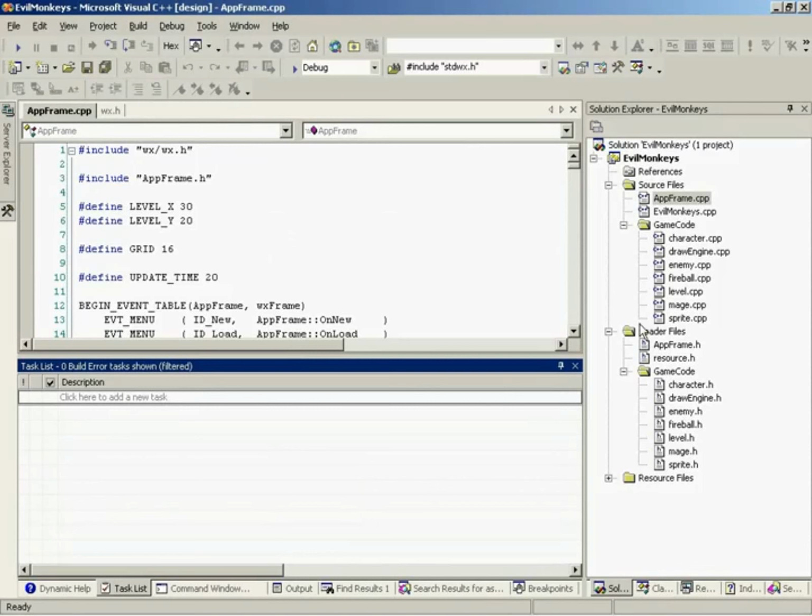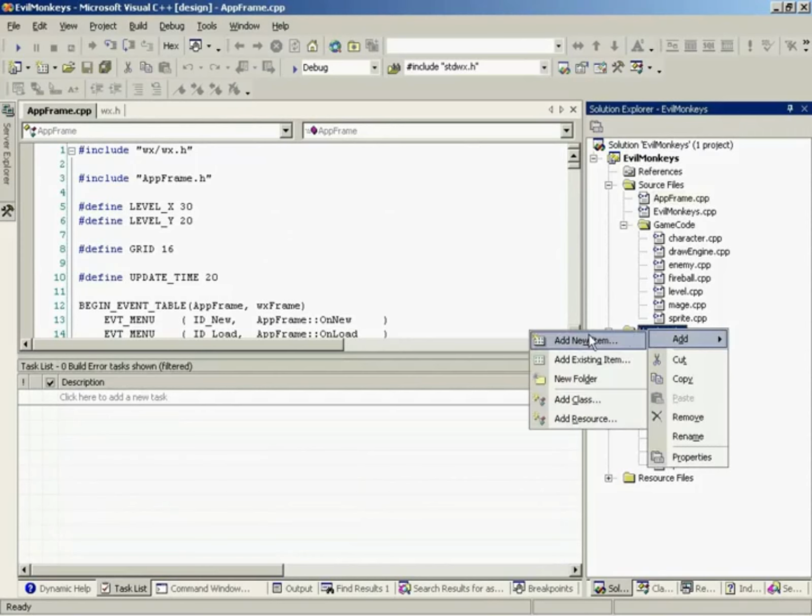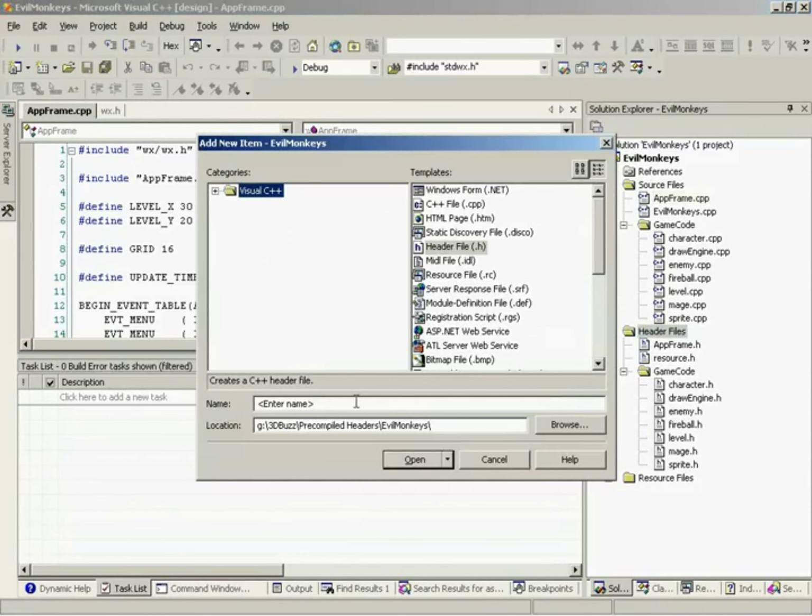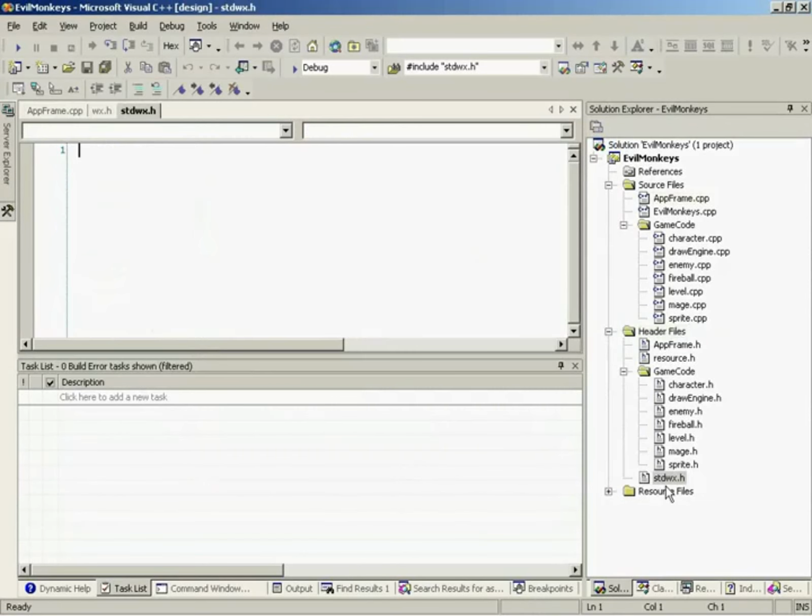So let's go over to the header files folder here, and let's add a new item. Let's create a header file, and let's call this stdwx. It doesn't really matter what the name is, it's just a standardized name to use. So let's create this, and under stdwx.h, we're going to say include. Now, what we've been doing up till now is including wx.h, right? And that's okay, but in this case, what we're going to do is include wx/wxprec.h, which is a header